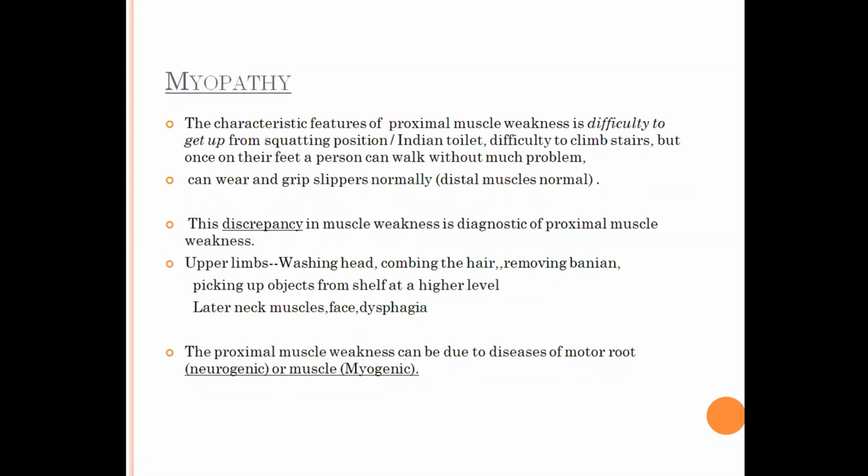One of my doctor friends, whenever he visits a friend's house or a party, avoids sitting on the sofa because the sofa is at a lower level. If he sits on the sofa, he requires two people to make him get up, because sofas are usually at a lower level. He always prefers a higher stool, or on a chair he will put one pillow and sit on that. So remember, these are very important clinical points to say the patient has a proximal muscle weakness.